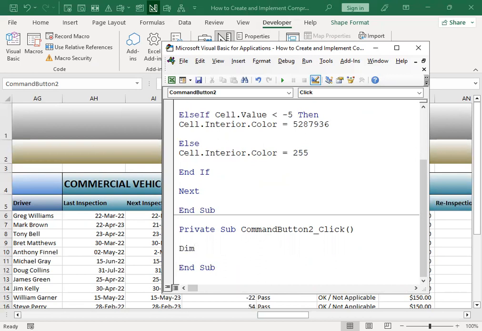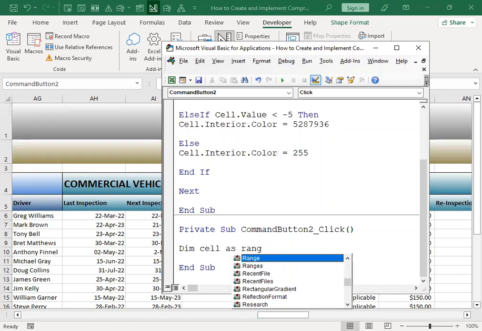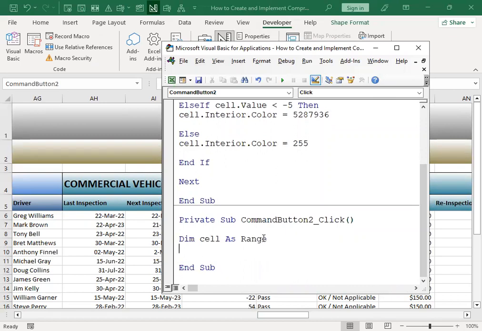Okay, dim. I'm gonna dim it. Dim cell as range. This would be our variable, right? So also we're gonna be doing this as a loop because we're gonna cover the range or